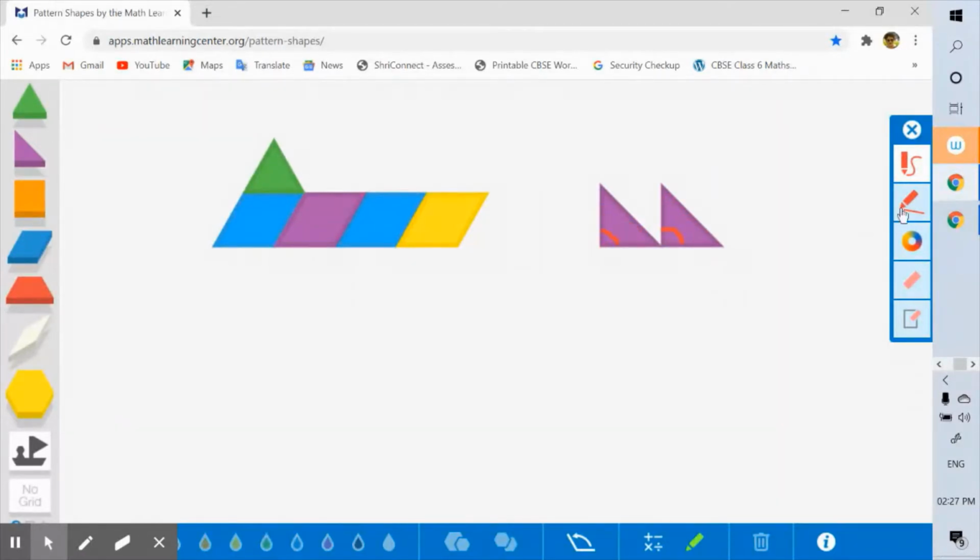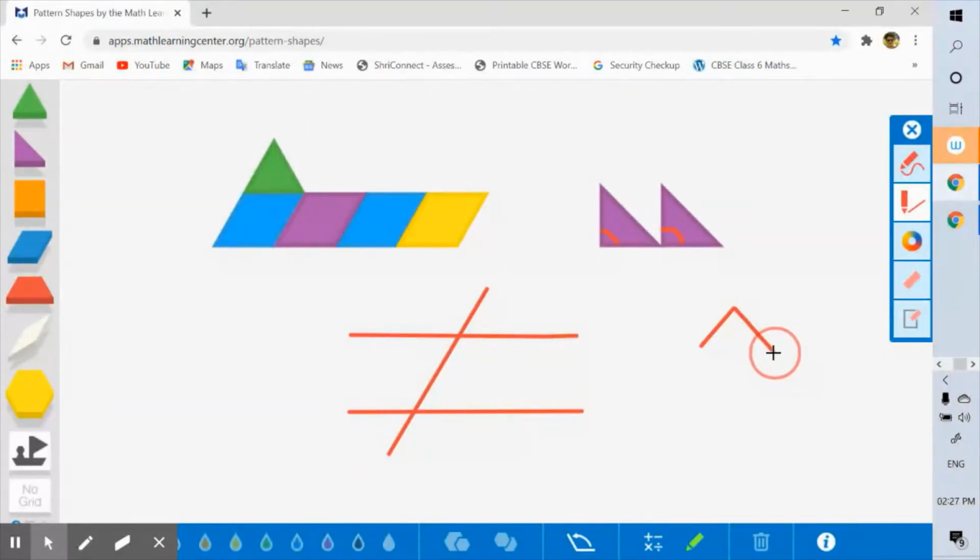You can use a pencil and then talk about it and teach in the classroom. Nice, no? Interesting. There's another beautiful thing about this, that it gives you an option to draw lines. So now, for example, you want to show or teach intersecting lines and parallel lines. Otherwise, it's so difficult during the online classes. So you can just draw the two line segments here and teach the concept of lines and maybe the transversals. And for primary classes, they can make some shapes using the lines. And another option is if you want, you can change the color of the line. You don't like it, there are options. Choose a color and draw another line.